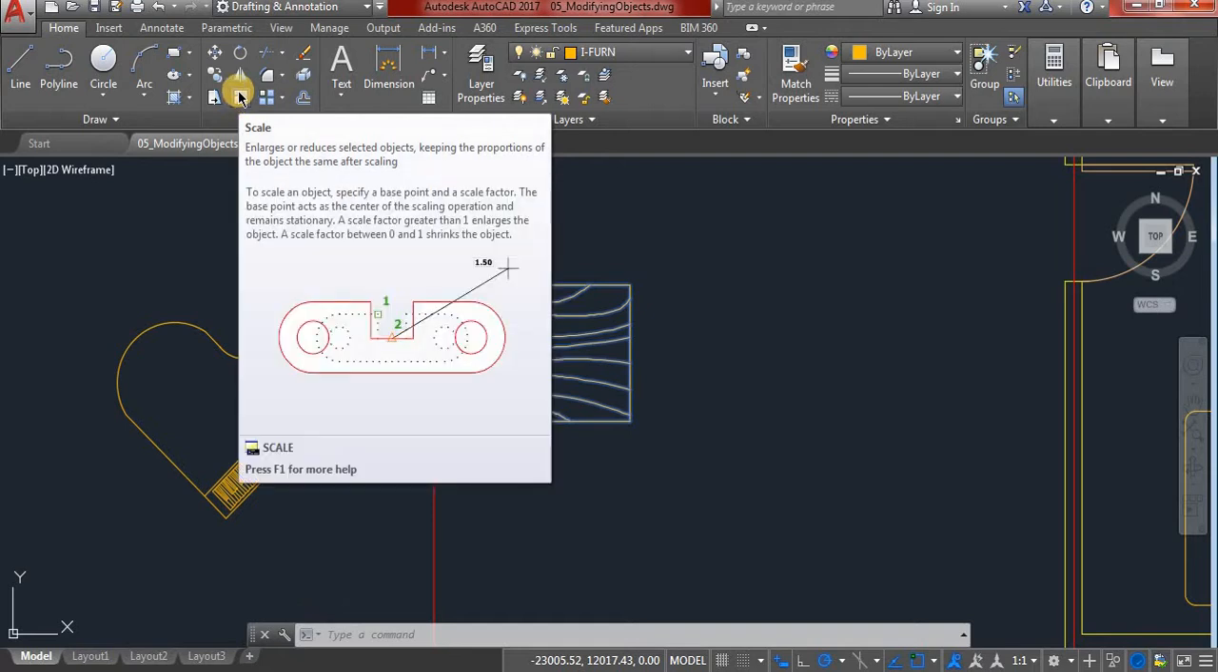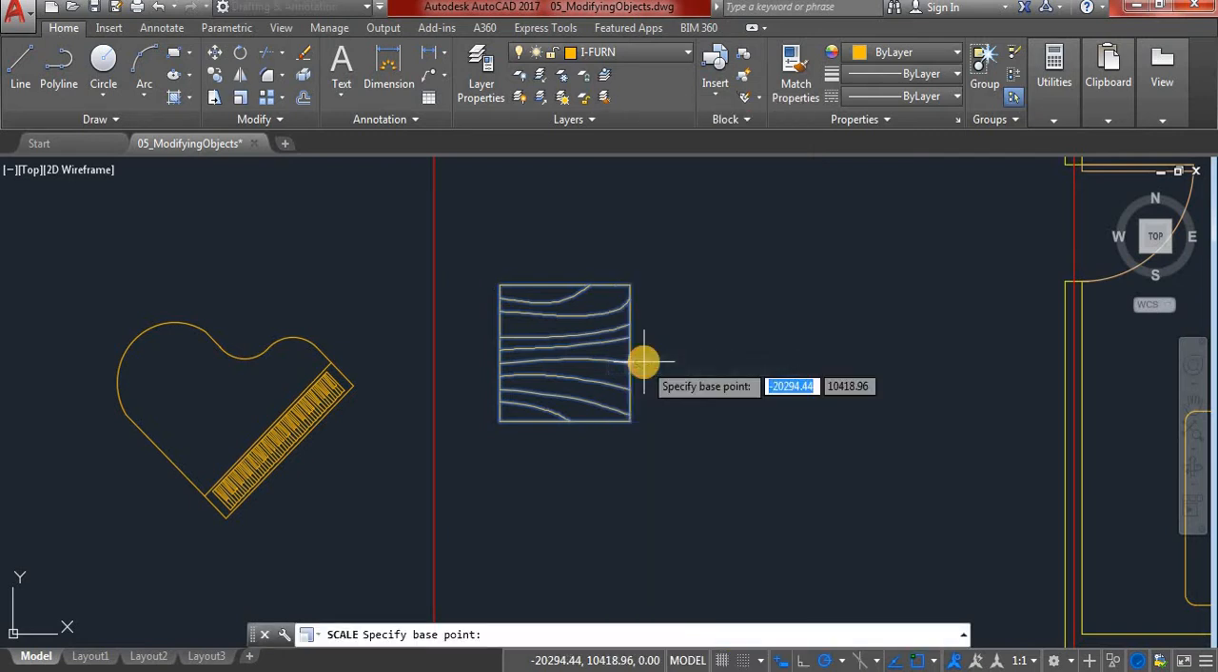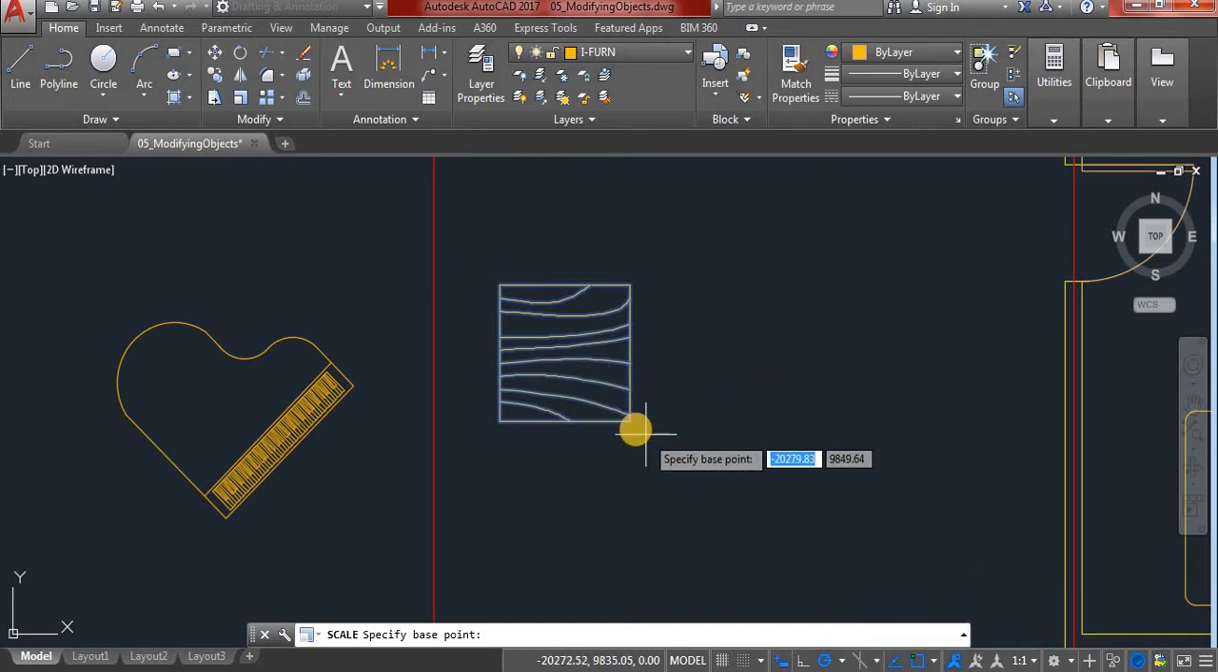You can activate it just by clicking here or right click, and there it is. Whatever method you want, do it. It matters what you want, okay? So it asked me to specify a base point. Make sure these two are turned on so it can help you to pick any point along this object that you selected. I'm gonna pick this point right here,